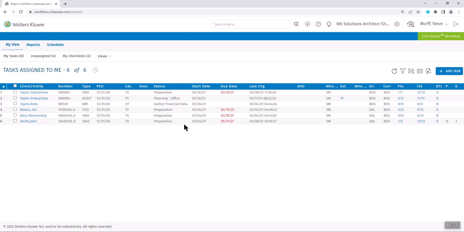One other comment over on the right is you can always export any view that you're looking at to Excel if you have need of this information outside of CCH Access Workflow. So this is my assignments. If I dive into this a little bit deeper, if I need to complete a job like for NUCO here,